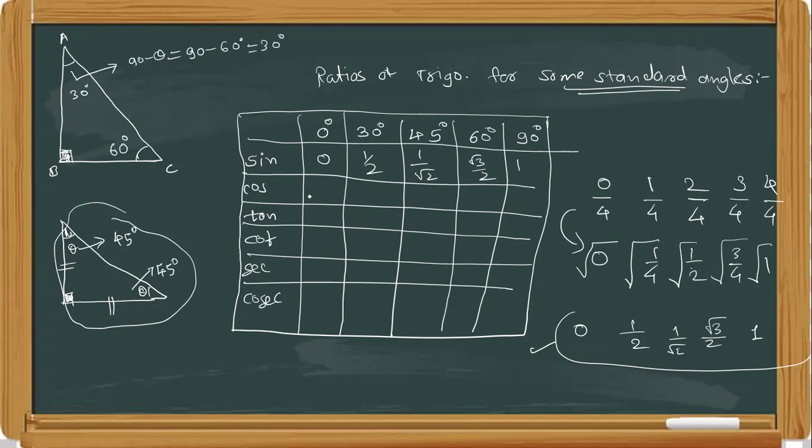Okay. And then reverse. Now go the reverse way. 1, root 3 by 2, 1 by root 2, 1 upon 2, 0. Okay. Now to find the tan ratio, divide the sine ratio by the cos ratio, then you will get 0 upon